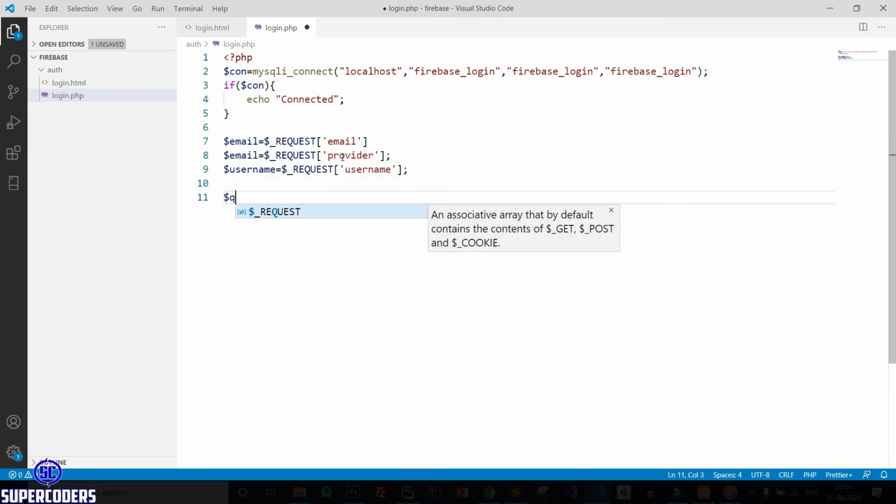And then $qr equal to mysql_query, $con. After that, let's insert this data in our database.